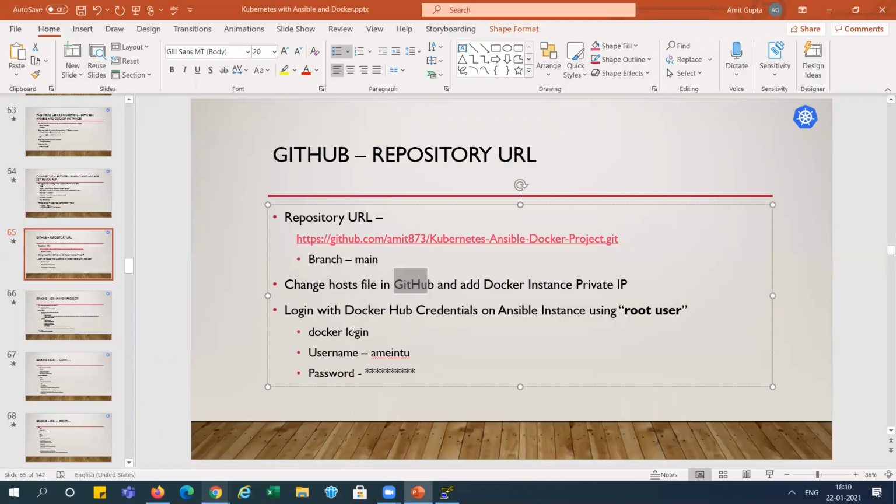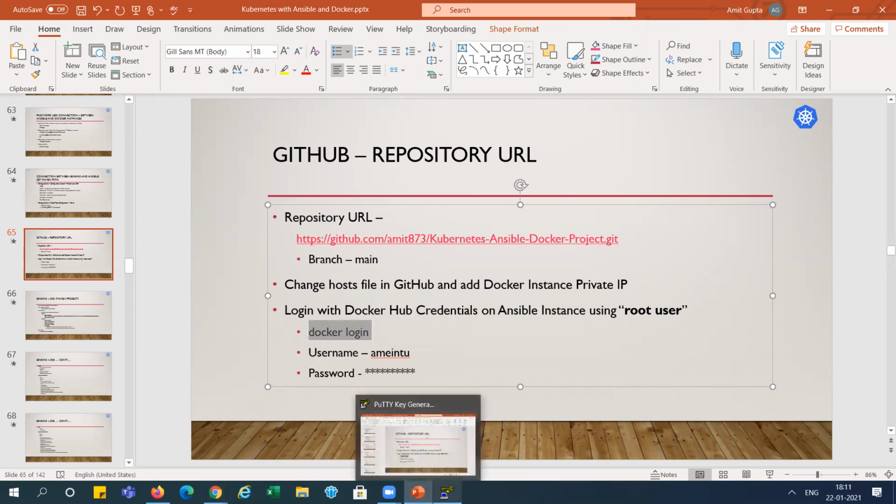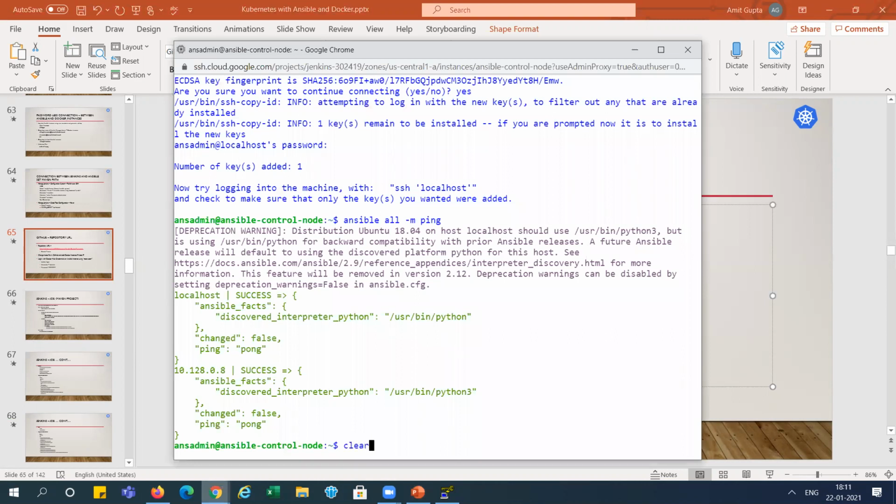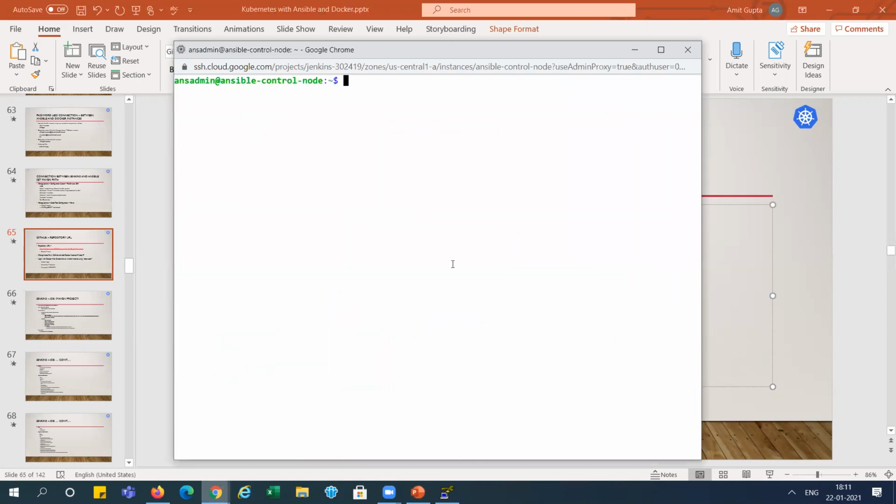And after doing this, we need to go to the Ansible system and log in as the root user, right? And using this command, docker login. So this is the Ansible system, right? Here we log in with nsadmin.